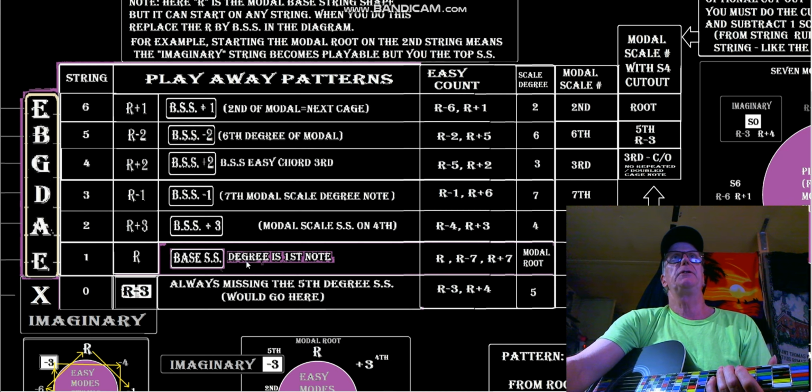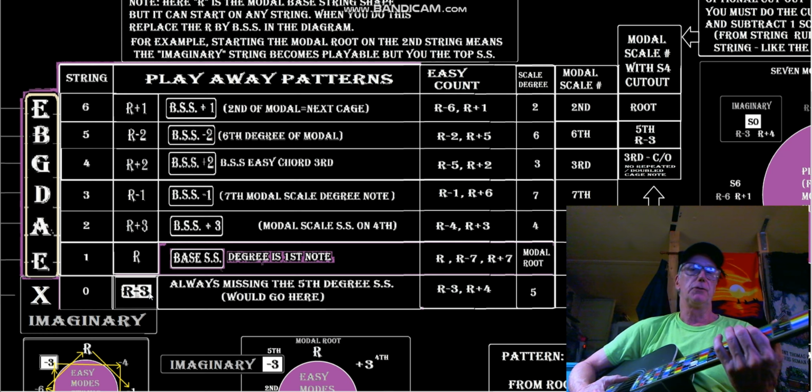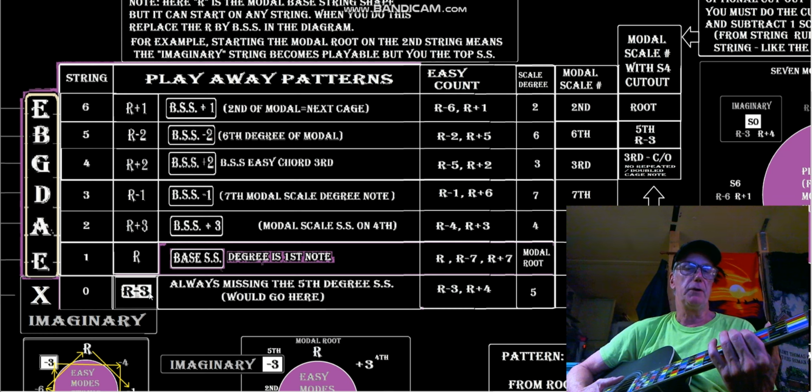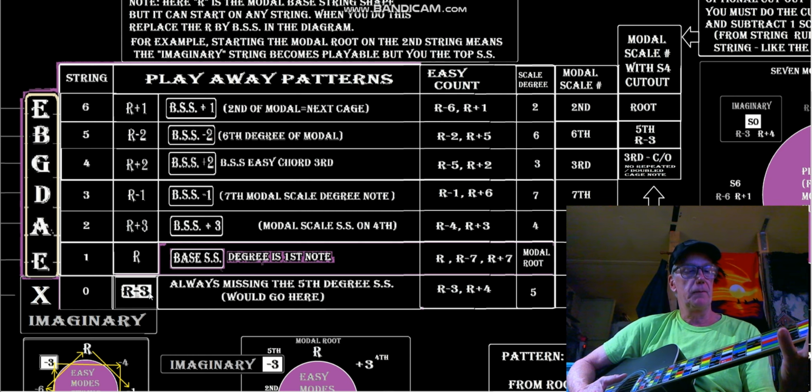And the imaginary string below that is root minus 3. Here's root. It's a temporary root. It's a modal root. It's the Lydian root. It's the 4th. In the key of C, it's F. Root minus 3 is... So that's the